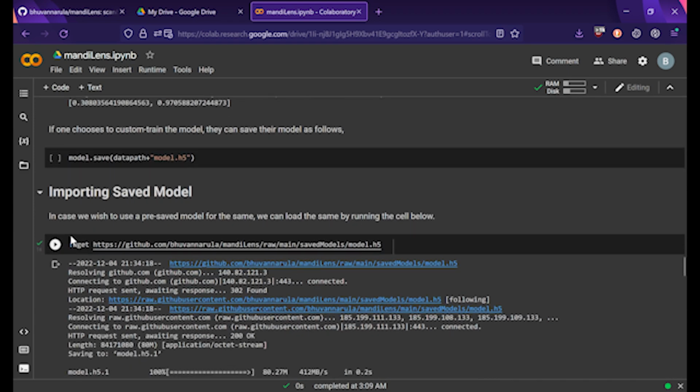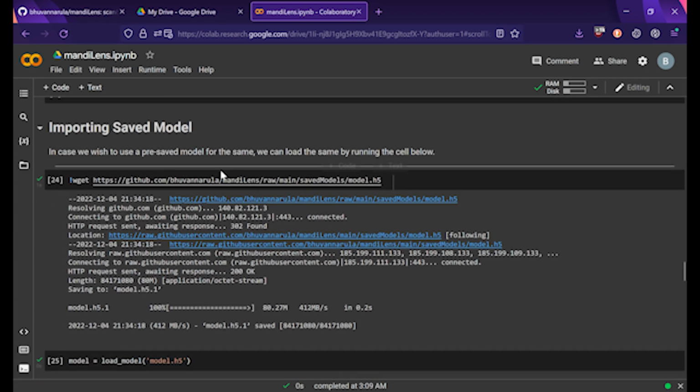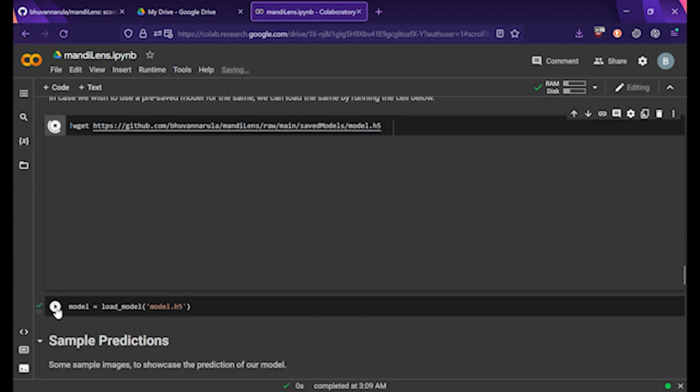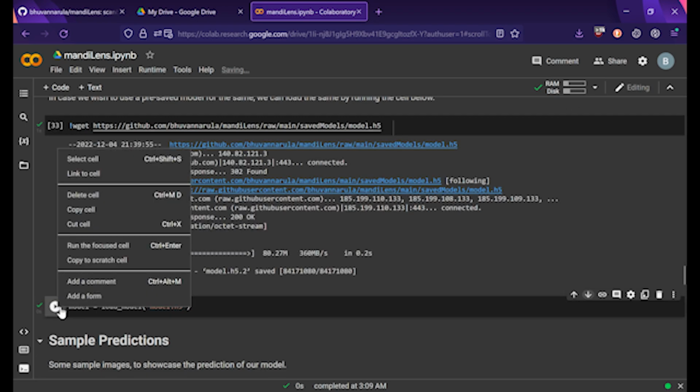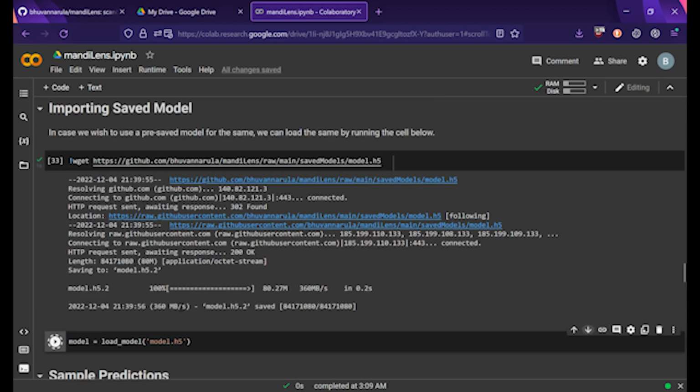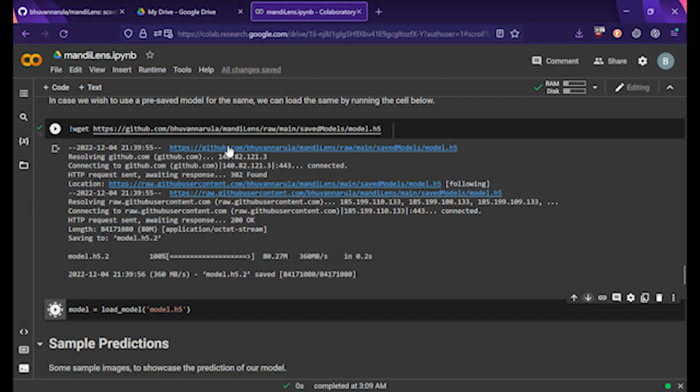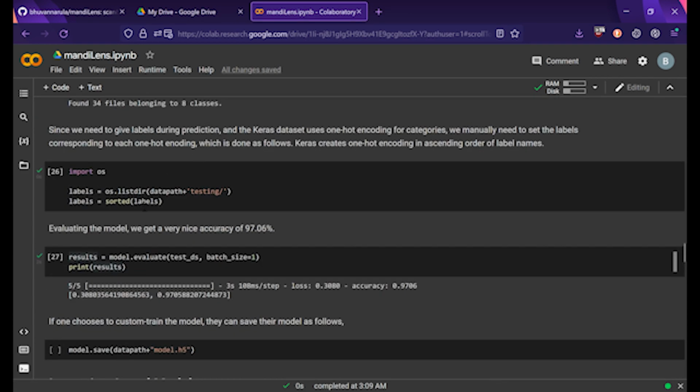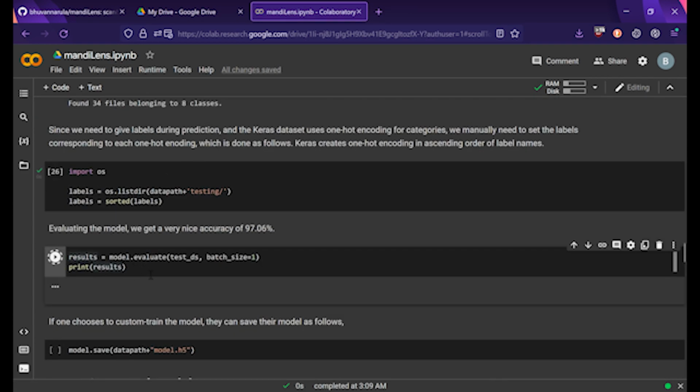First I'll be importing the pre-trained model. The pre-trained model has been saved in the GitHub repository. We download that model and just load it directly into Keras. After loading the model, we can proceed with our evaluation of the model. So if we evaluate the results of the model,